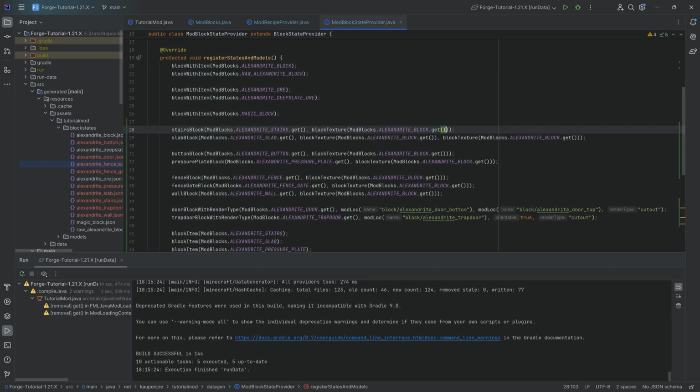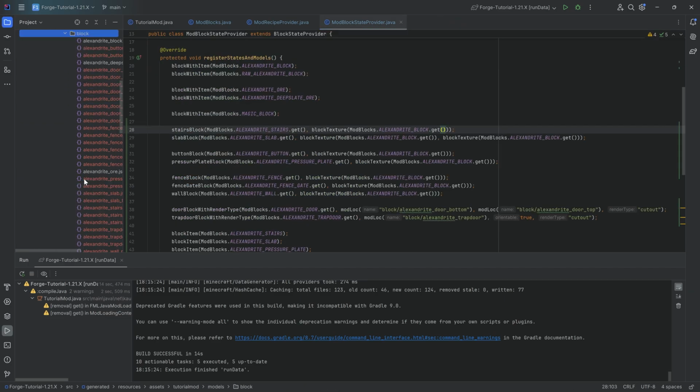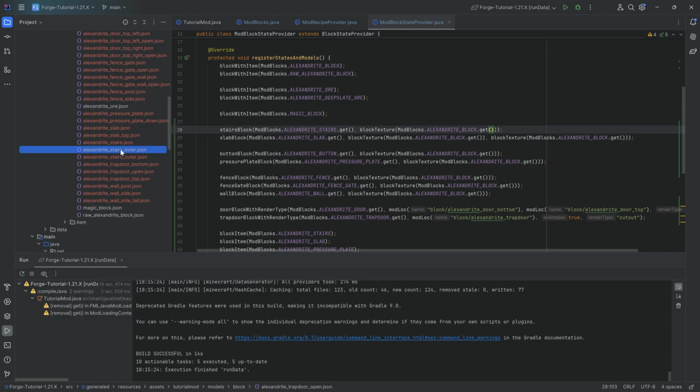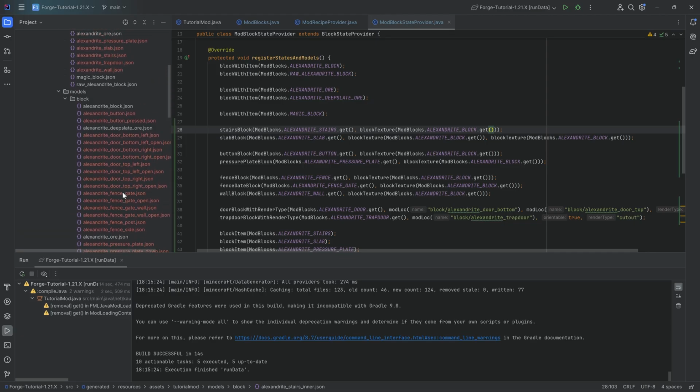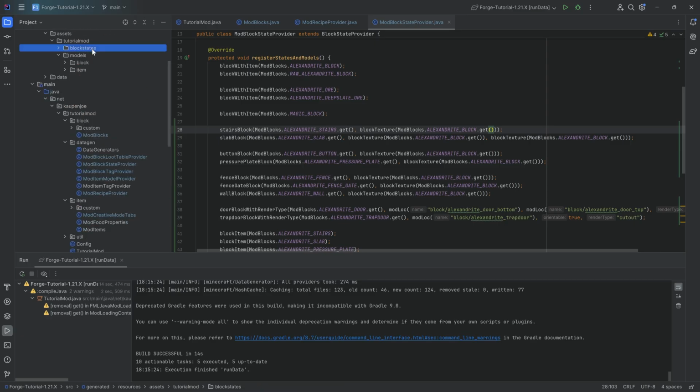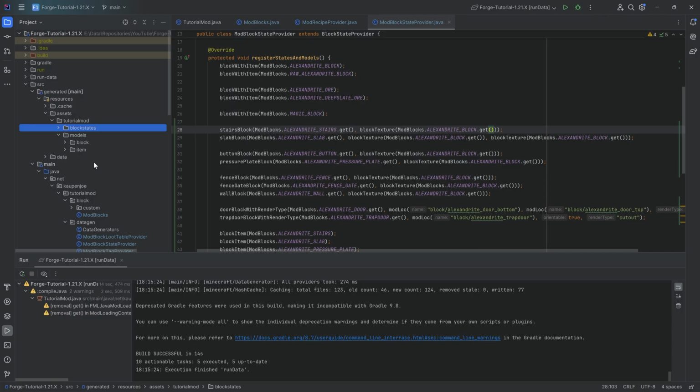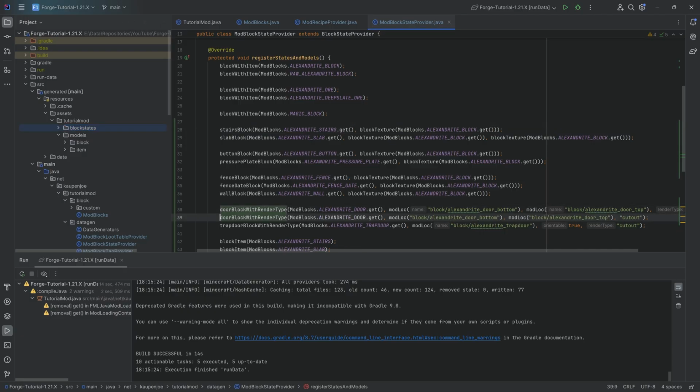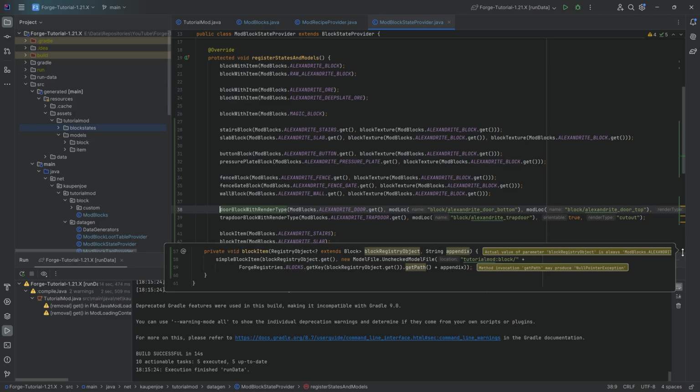Whatever the case may be, you don't have to do this. You don't have to type this out. You don't have to have multiple different block model files, as you can see for the trapdoor and the stairs and all of this craziness. Look at this. The door has multiple different block model files, like 8 of them over here. That's just ridiculous. And now imagine you have to add like 16 doors. Come on, man. At that point, it's literally just copy, change a few things, wha-bam, we're in the game. So I'm telling you,